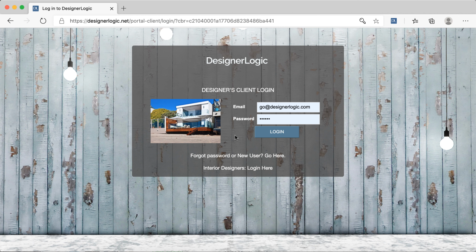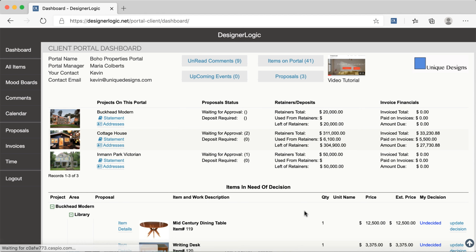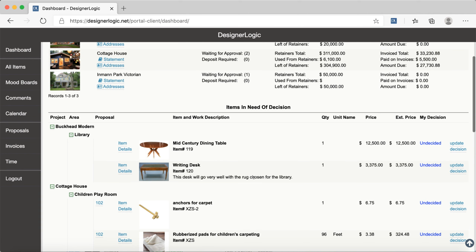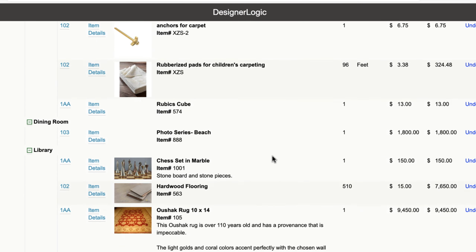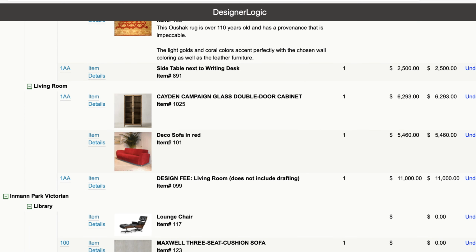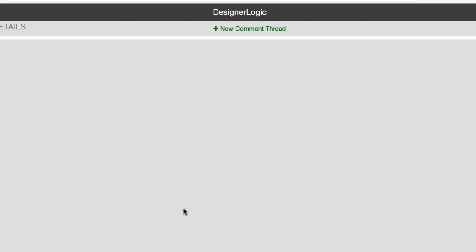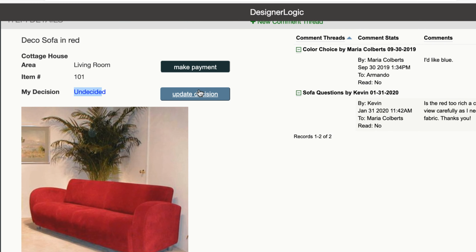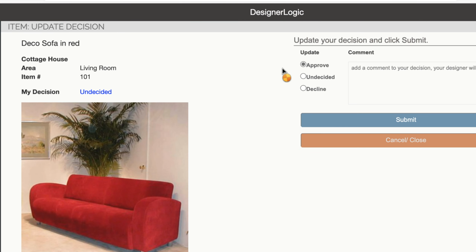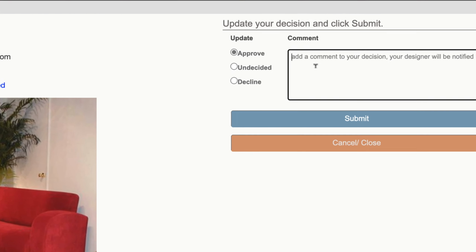And this is your client logging in to their client portal. And when they log in, the first thing they see are all the items that are in need of a decision. And we're going to scroll down here, and here we see the sofa. So let's say they want to click on the sofa and make a decision and pay for it. So they click the item details. It opens up the link to that sofa, and let's say right now it's at undecided when it was first published, and let's say the client wants to go ahead and keep it. So we hit update decision, and they can approve it,